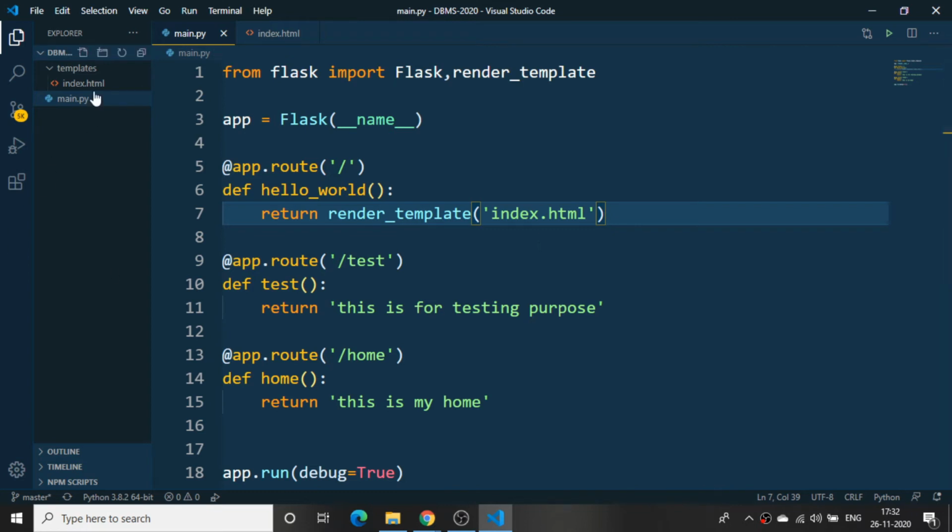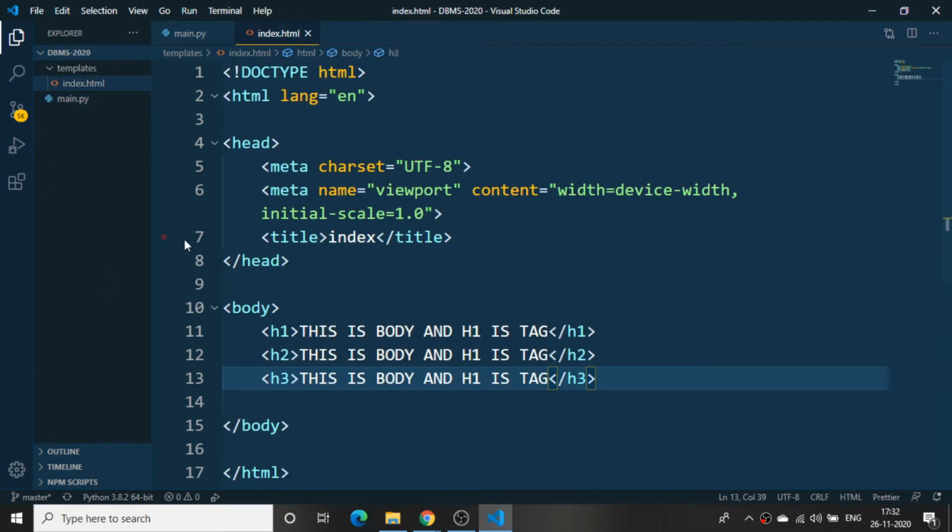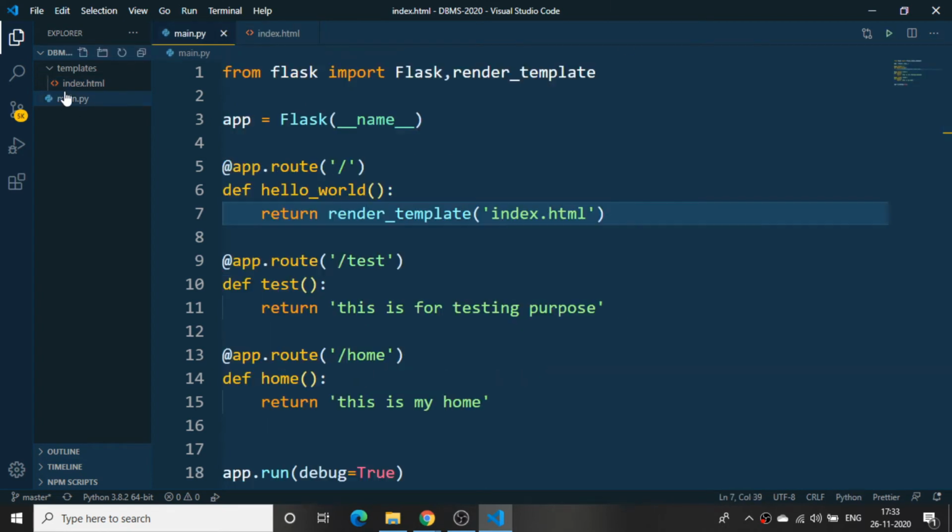We'll make this index.html more beautiful by using Bootstrap. You will be introduced to Bootstrap. What is Bootstrap and what is the Bootstrap framework? It is nothing special, we have predefined libraries, predefined frameworks. Just copy and paste and implement it. The main thing is that we need to understand how the code is working.